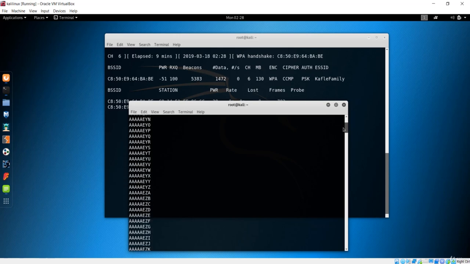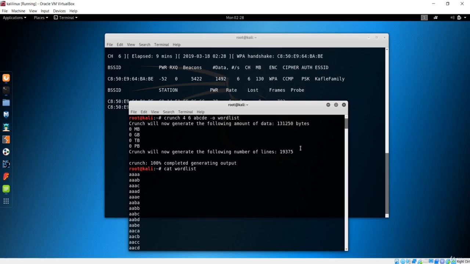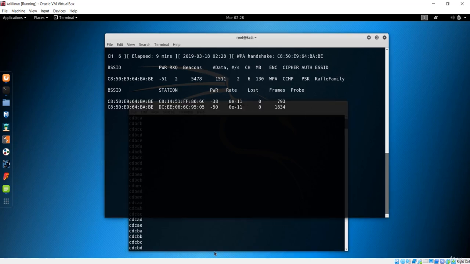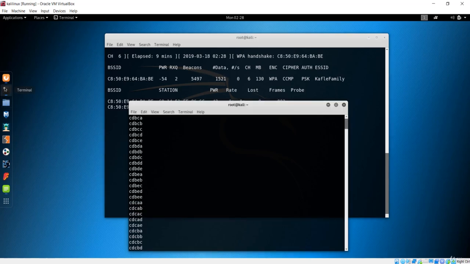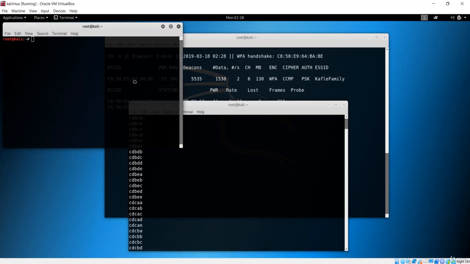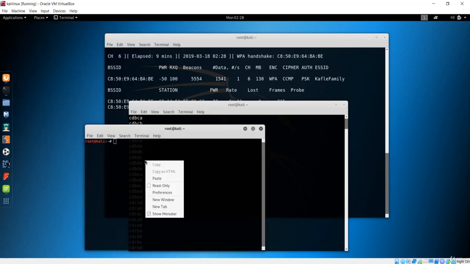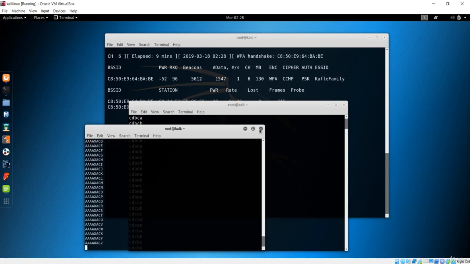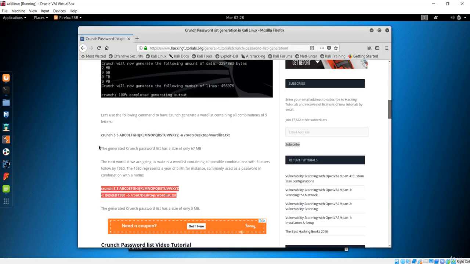Where is the, okay, it is, where was the command? So I'll just copy one more time, new window, and I want to copy right here, paste right here, and this does not contain, that is, let me just go over here and show you.